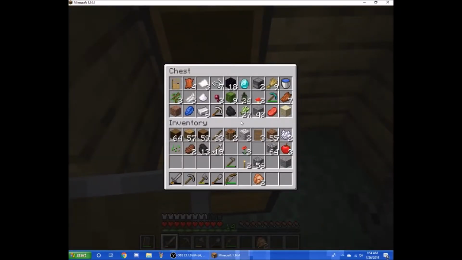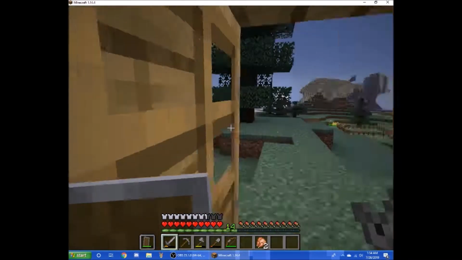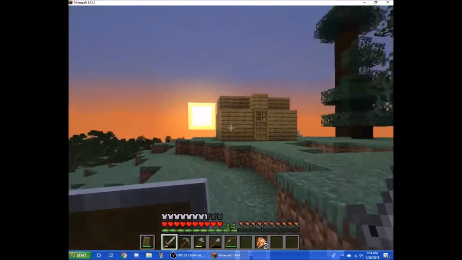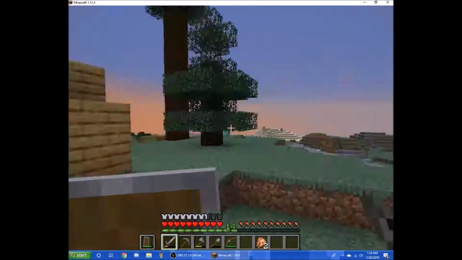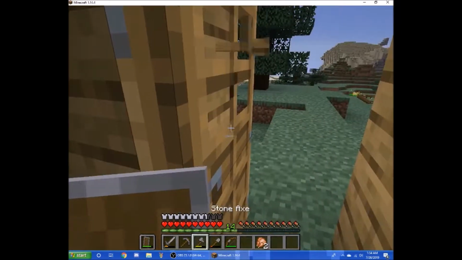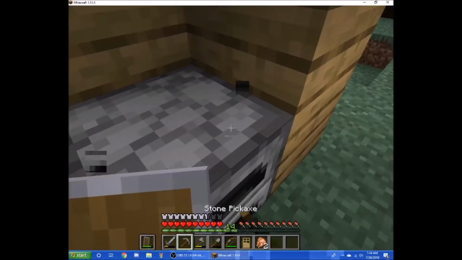In this episode, we're going to be building ourselves a proper house, because in our first episode, we were going to build ourselves someplace nice to live, but we ran out of time, so all I ended up making was this little wooden shack, and we're going to be making something a bit nicer today. Let's take this door. Take this furnace,